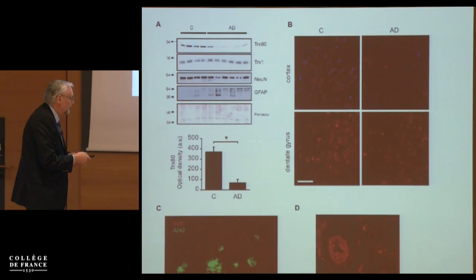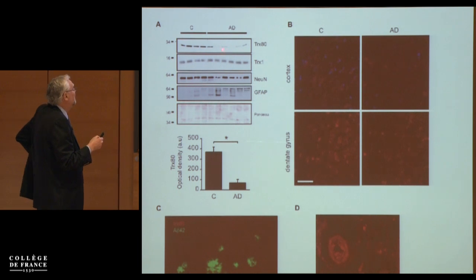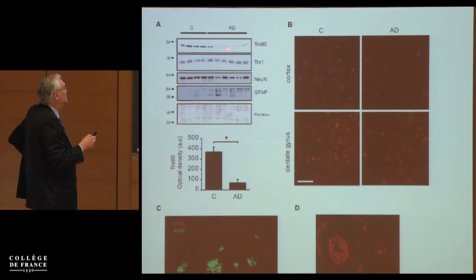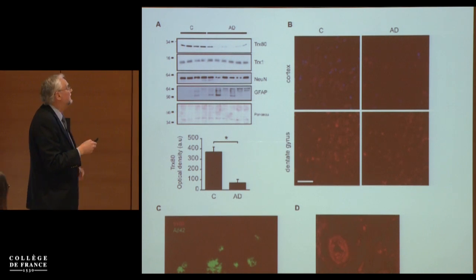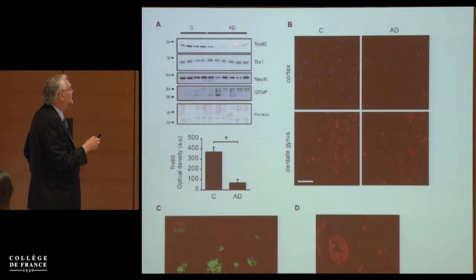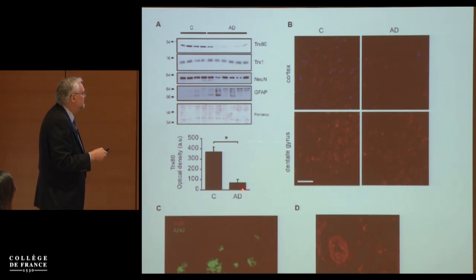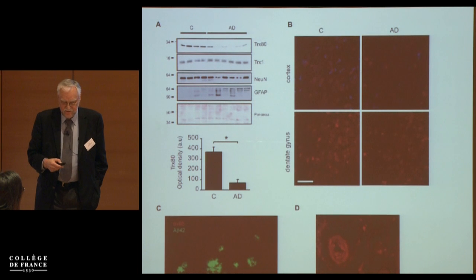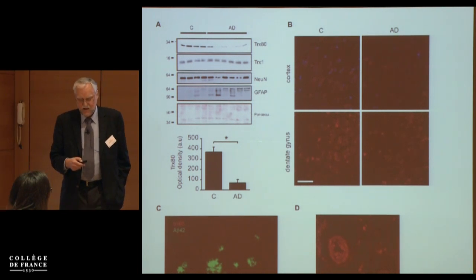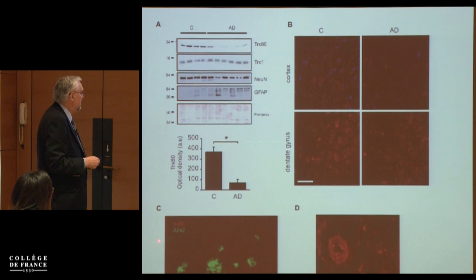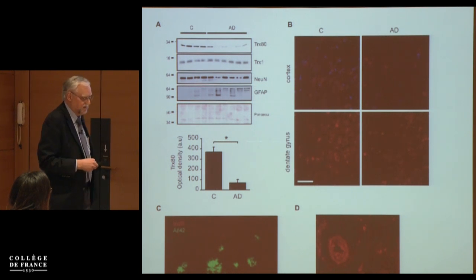Finally, again repeating what was done before in a bigger material, Alzheimer brains from a brain bank have low thioredoxin 80, and lower thioredoxin in general, but particularly thioredoxin 80. Here is more statistics on this, control cells and Alzheimer brains. The damaging species in Alzheimer's is supposed to be A beta 42, which is done by